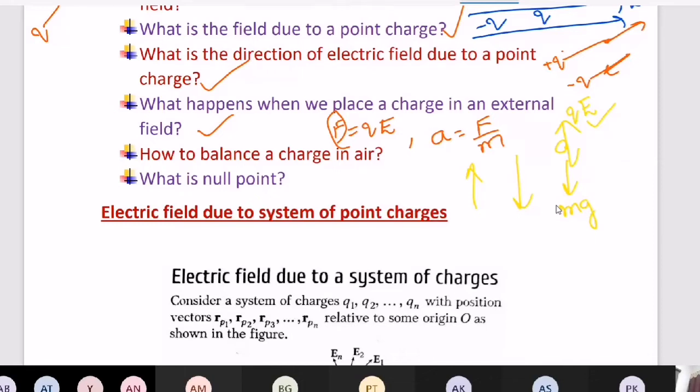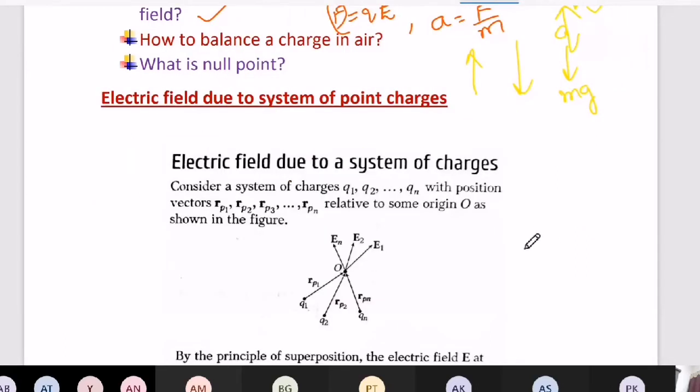Now, the one last thing is what is null point. This thing we have already studied actually in the last class, before that class only, before last to last class. But again we have defined it in terms of electric field. See, between two charges, if you keep another third charge that should experience zero force, then we said it is in equilibrium. That is nothing but at that point the resultant field due to these two charges is zero, and that's why we call that point as null point.